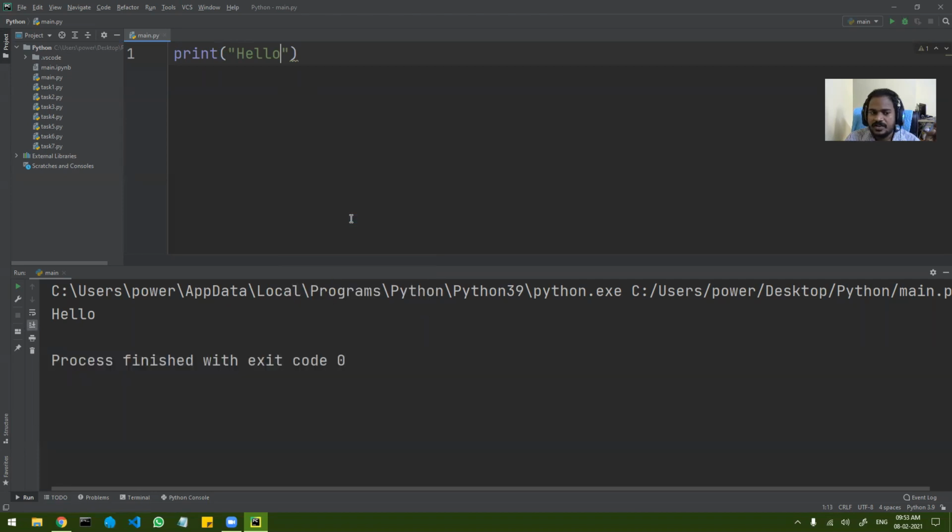Okay, so if I do that, you can see it runs. Right, so this is how easy it is when you do it using PyCharm. Okay, another advantage of this is auto completion. Okay, so there are multiple options where, let's say,